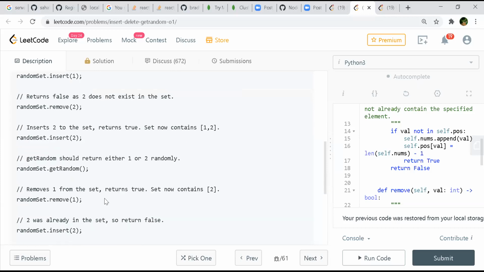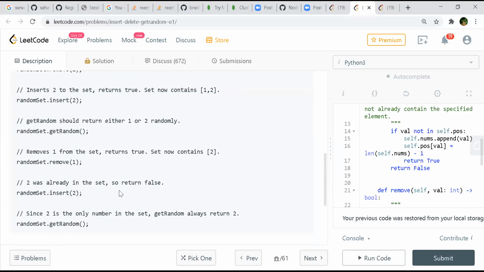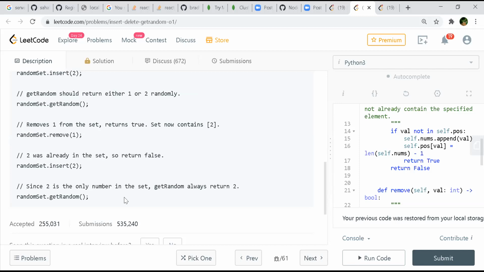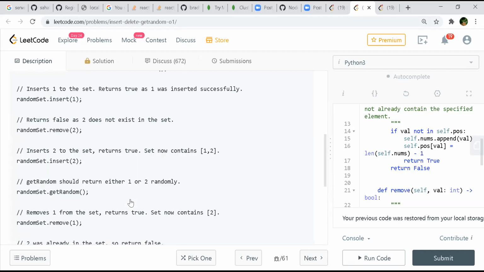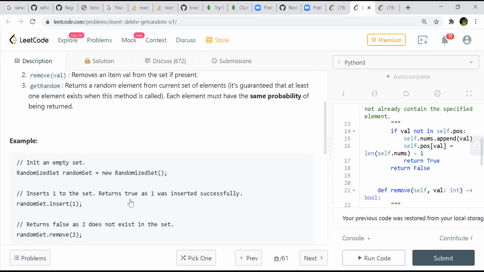Removing 1 from the set returns true since it is already present. Removing 2 again returns false. And since 2 is the only number in the set, getRandom always returns 2.